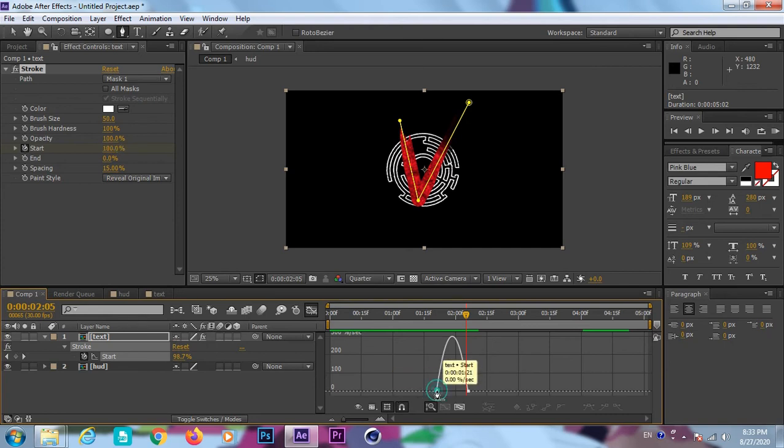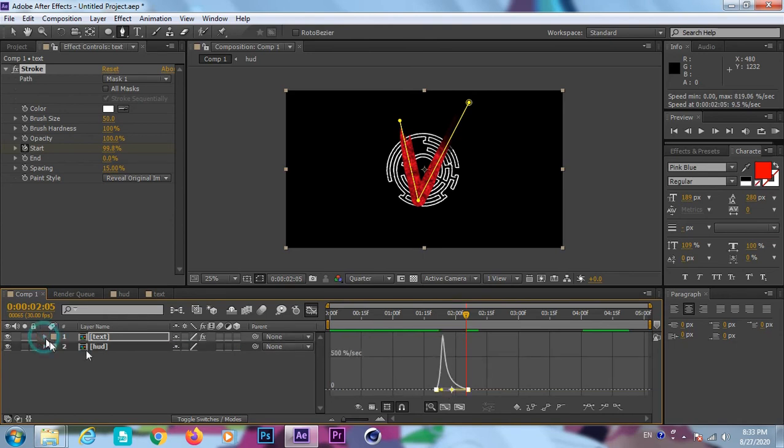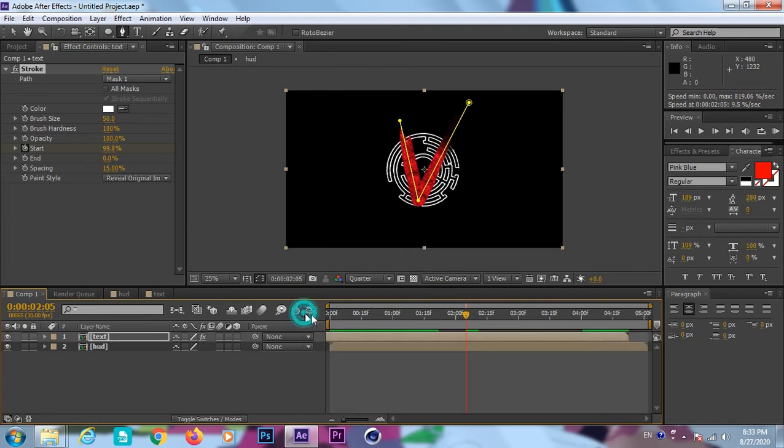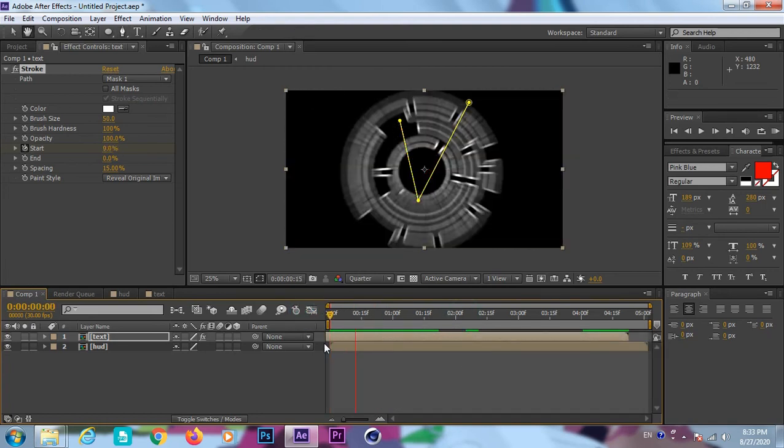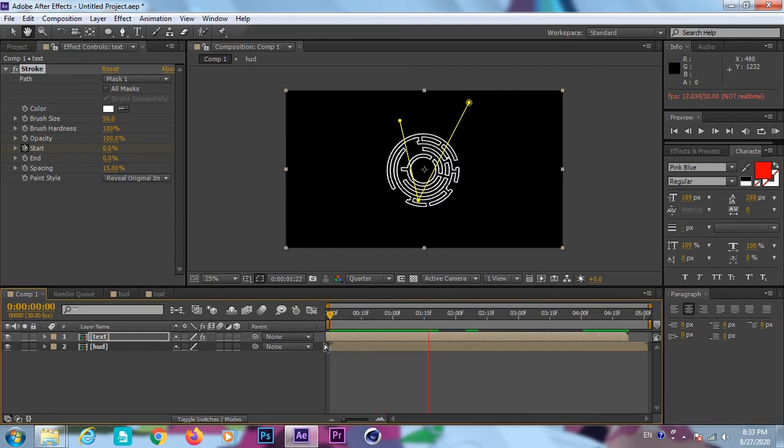Now I select this stroke effect at the starting point because I select the starting point where the keyframe I assign to them. Now I click and drag the end point to near the starting point, so the graph looks like this. Now I close this graph. Now I click quick preview of this graph. Now I can see the speed animation of that V letter.